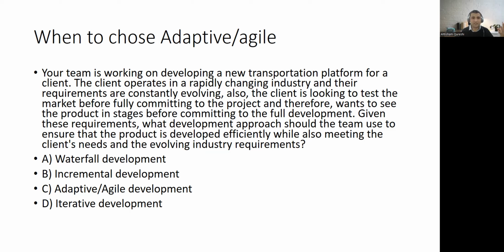Okay, so you have four options: waterfall, incremental, adaptive, iterative. Now, understand from the scenario, what is the situation like? Do you have a fixed scope, single delivery? Do you have a fixed scope, multiple deliveries? Scope is not clear, single delivery? Scope is not clear, multiple deliveries? So which is the scenario right now? Think about it. I think scope is not clear and multiple deliveries, so we can go with the agile development or adaptive option.